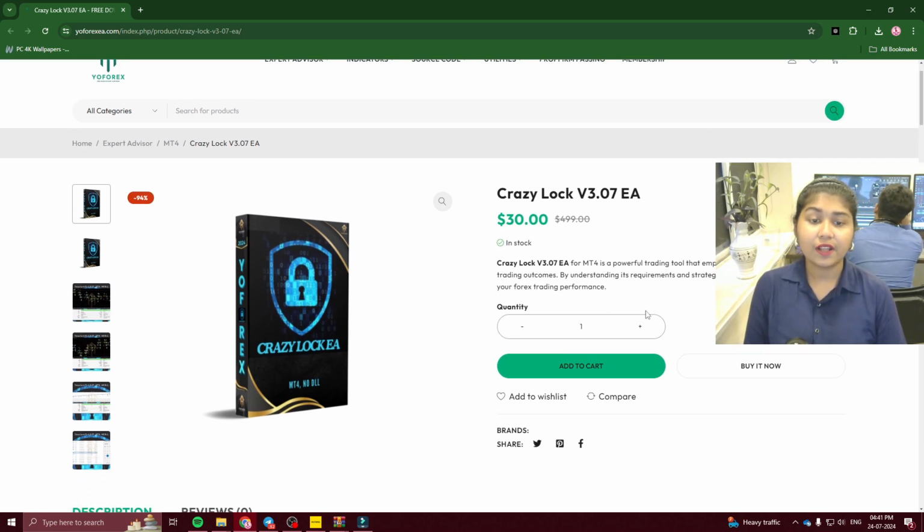The Crazy Lock Expert Advisor version 3.047 for MT4 is a very powerful trading tool that employs a martingale strategy to optimize trading outcomes. By understanding its requirements and strategy, you can leverage this expert advisor to enhance your forex trading performance.